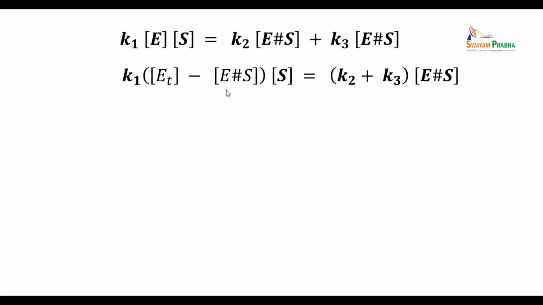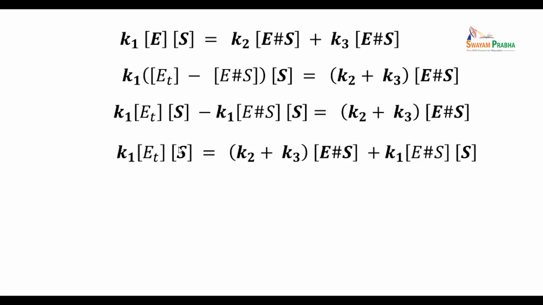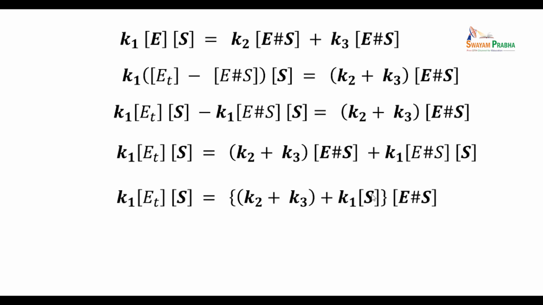We had derived this earlier through a mass balance on the enzyme. You can go back and check that. K1 into ET minus the enzyme substrate complex into this S. This is common here, therefore K2 plus K3 into ES, and a little more of algebra. I'm just taking this S inside the bracket, and then I'm combining the terms which have the enzyme substrate complex. So K2 into K3 into enzyme substrate complex plus K1 into enzyme substrate complex into S, and therefore you could